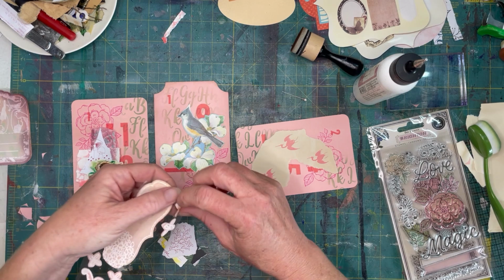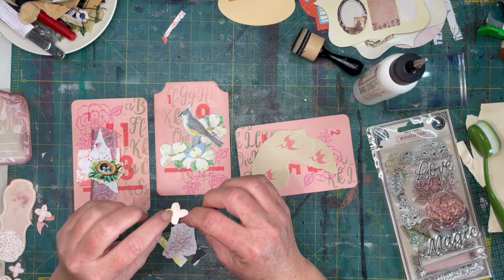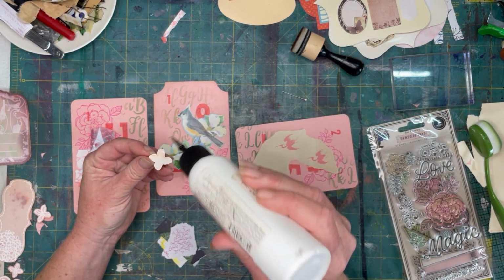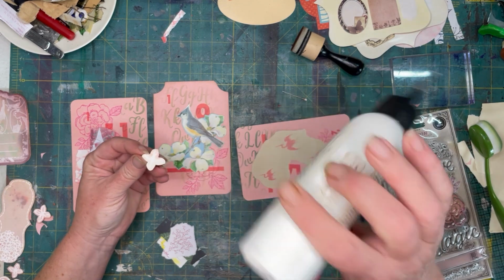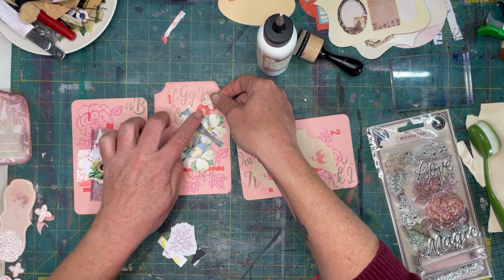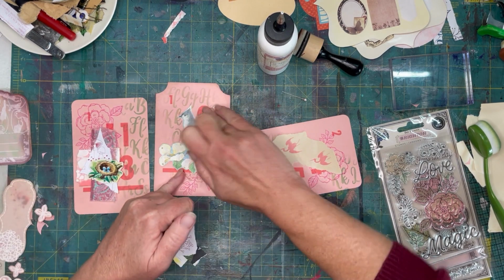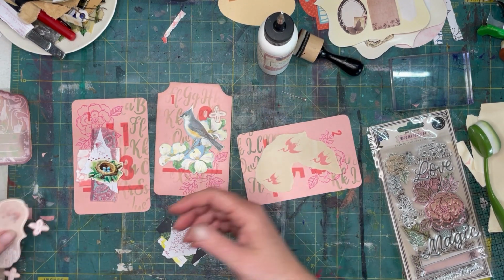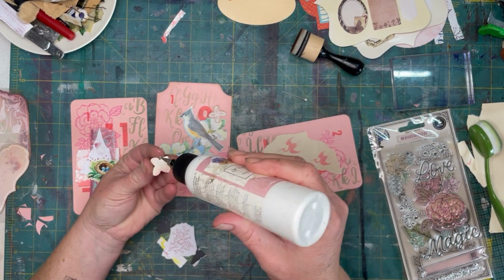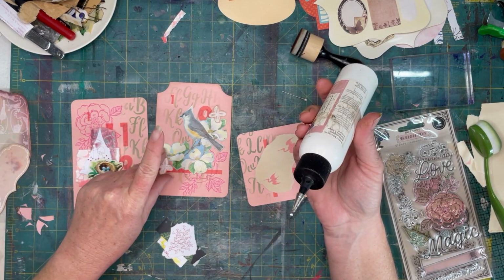And then I'm going to put these guys. So these are some really old fabric stickers that I had. I don't know how tacky they're going to be, so I'm going to throw some glue on them as well. I was digging through some stuff and I came across them. They're a canvas sticker. I could not tell you how long I've had them, where I got them from. I was looking for something else and I found them. And so I thought, okay,